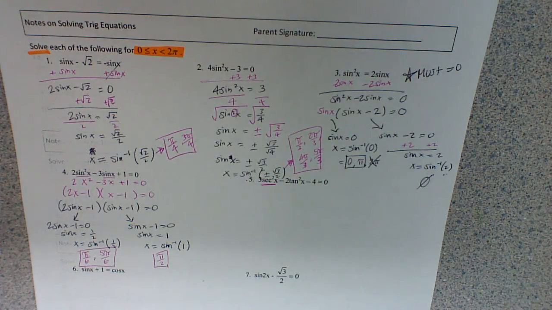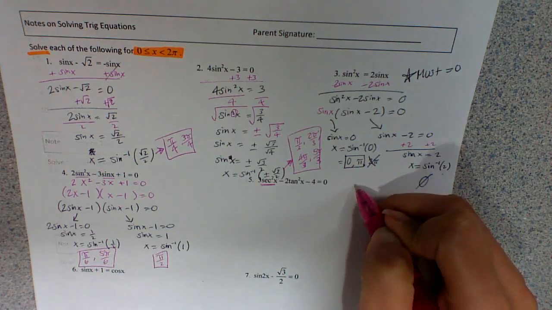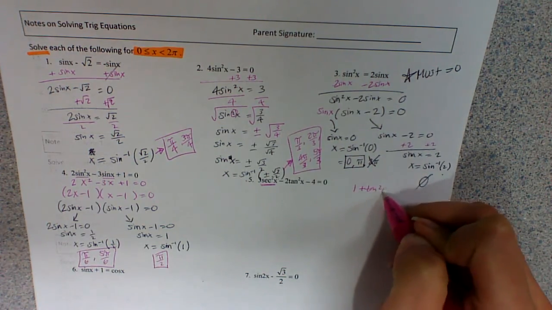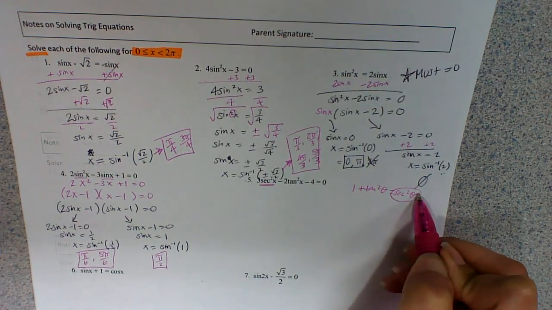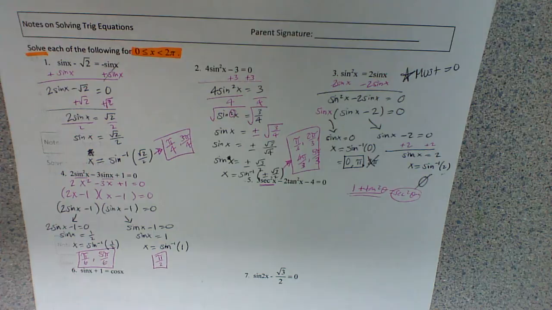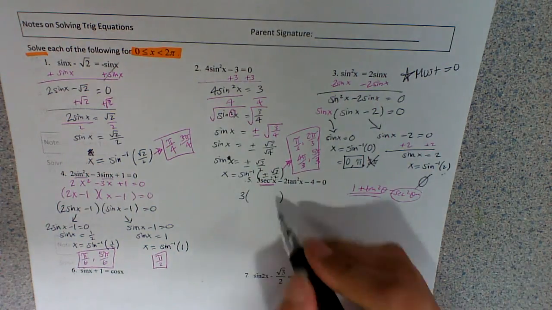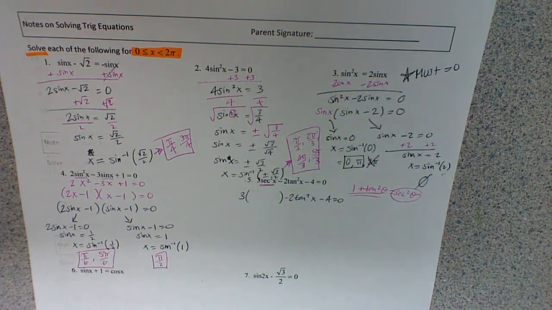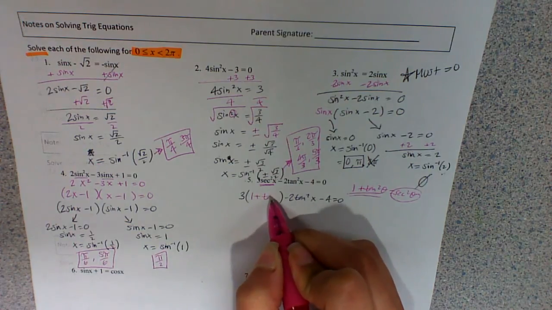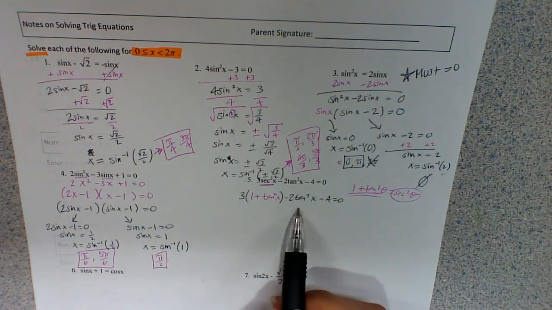and I'm going to rewrite it in terms of my Pythagorean identity, because remember, 1 plus tan squared of theta equals secant squared of theta. So I'm going to use that, and instead of secant squared, I'm going to write down this identity. So really, I'm going to write it down like this, 1 plus tan squared of x in this case. Okay, so now we have all of the same kind of trig function, tan and tan,